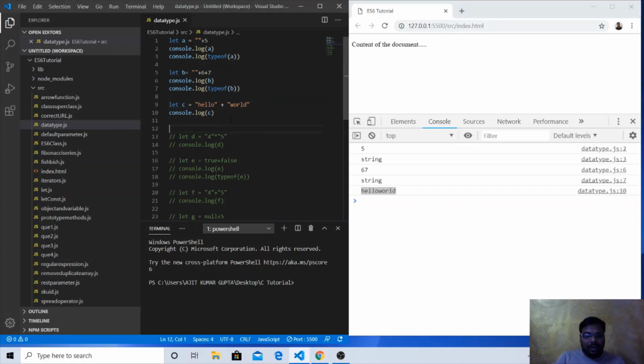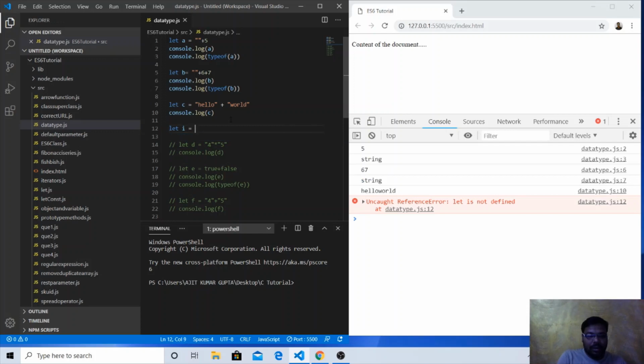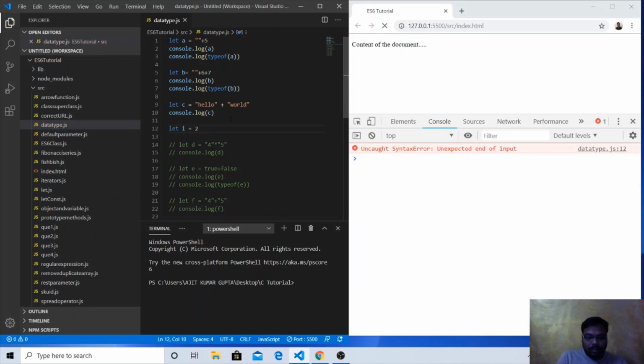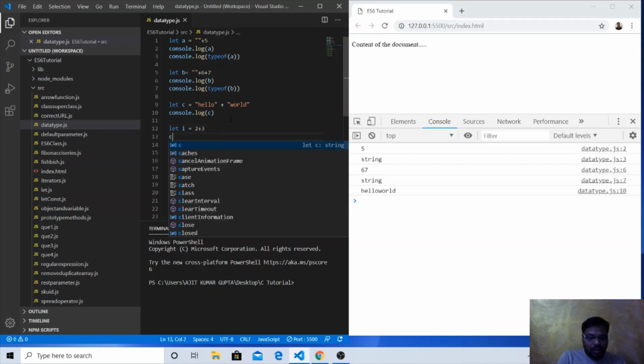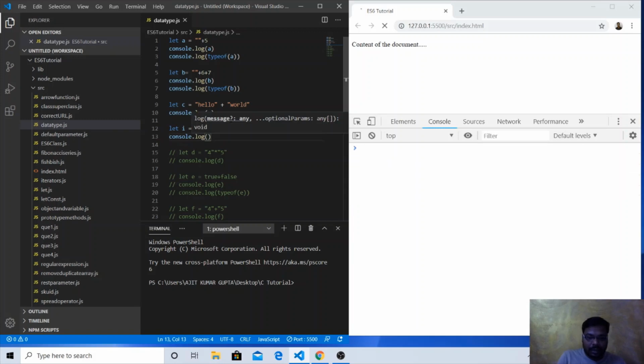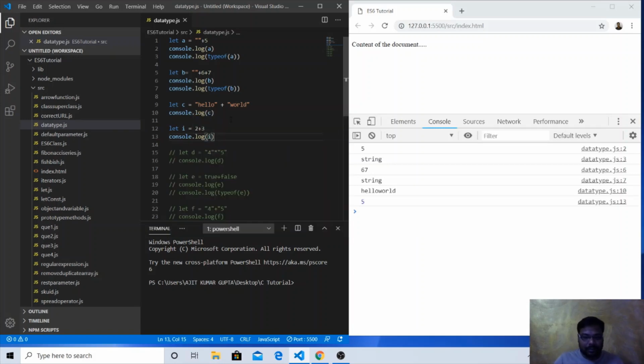Now if we try let i equal to 2 plus 3, and we log the output, console.log i, what will happen? It is adding the numbers.